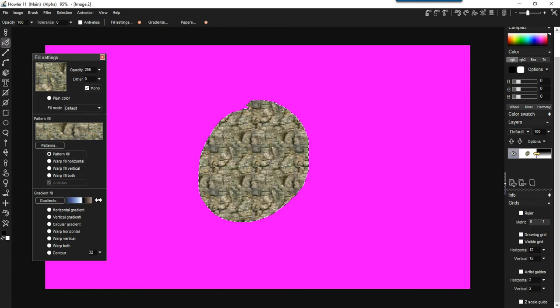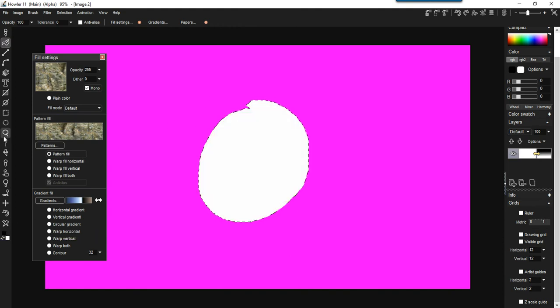If I click here, we'll just fill it in, but it's not warped into the shape of the tree. This doesn't look like a shape of a tree either, so maybe we should fix that first. Let's go, where's my lasso tool? There it is. And so if I'm going with a tree